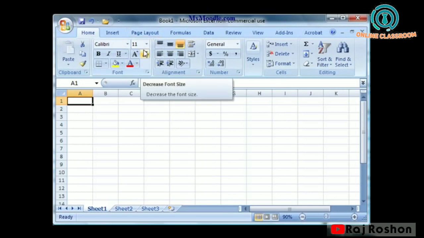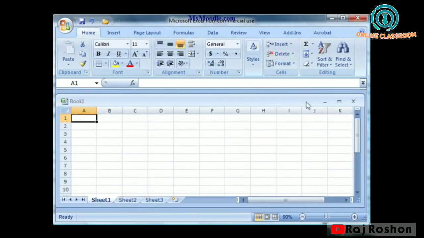You can use the zoom slider options to increase or decrease the view and to design or format your workbook. Here sheets are there, then you have minimize, maximize and close buttons. When you move the mouse, you will get what option this is. The program will display the options.